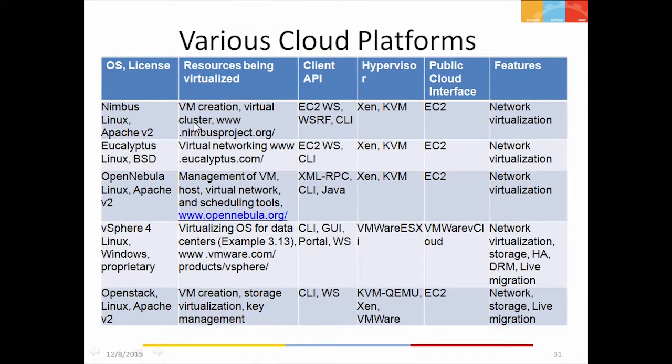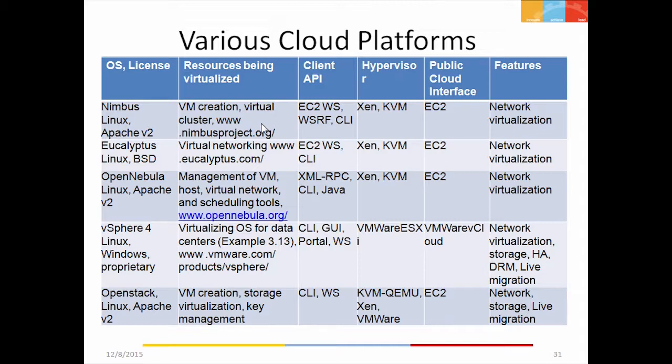The details can be found at www.nimbusproject.org. It uses EC2 compliant APIs as well as a command line interface. The hypervisor that it uses is Xen or KVM, and the public cloud interface is EC2. It also supports network virtualization.